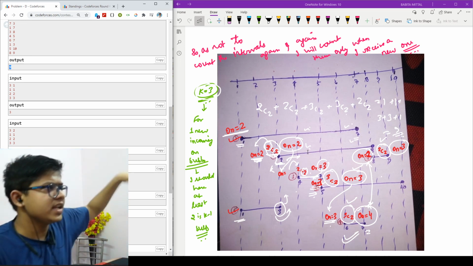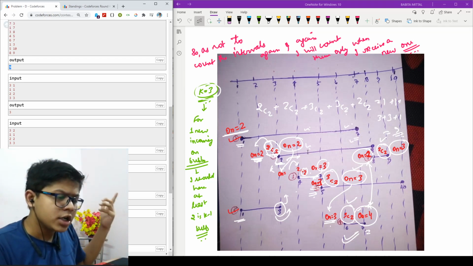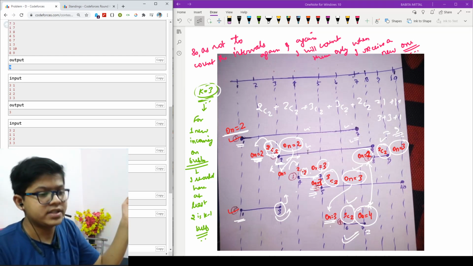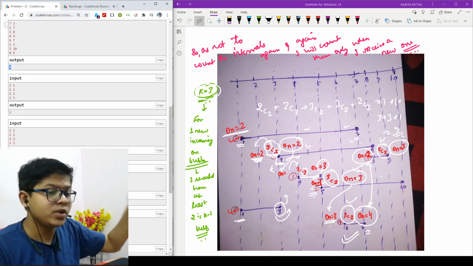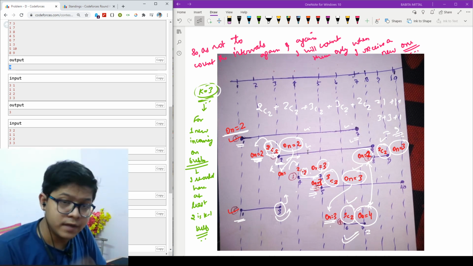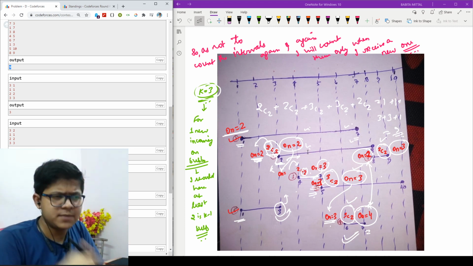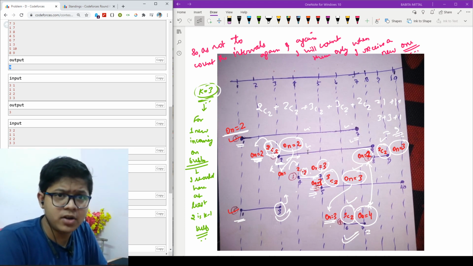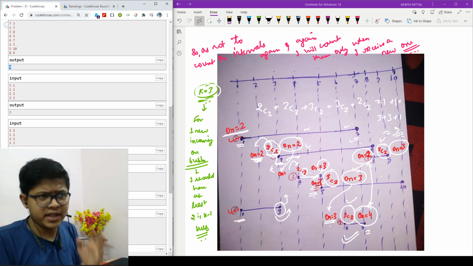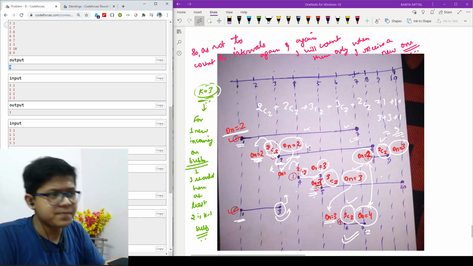So out of those n on states, I will choose my k minus 1 on states, and I will do this for every interval which I will arrive, so that I will find my total number of movements when my k bulbs are on. If you haven't understood, then I highly recommend watching the video again, especially the last 5 to 6 minutes, because it's not an easy question.